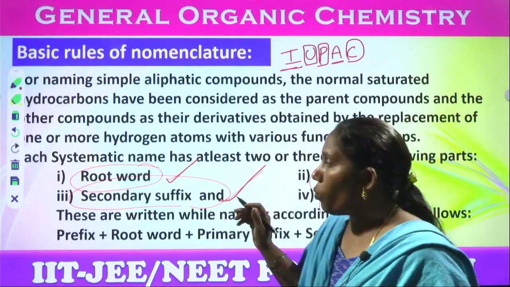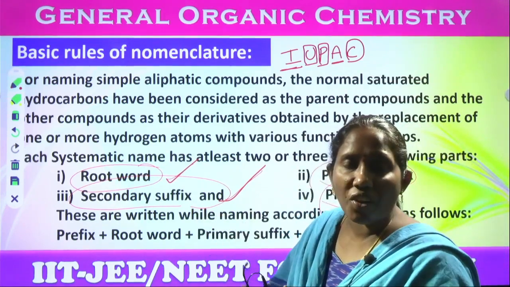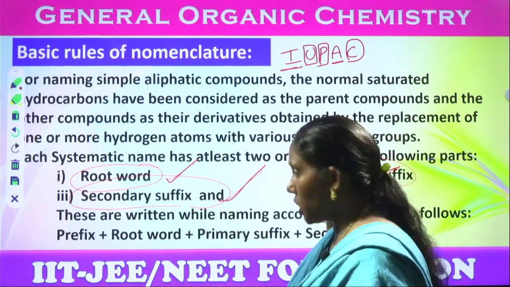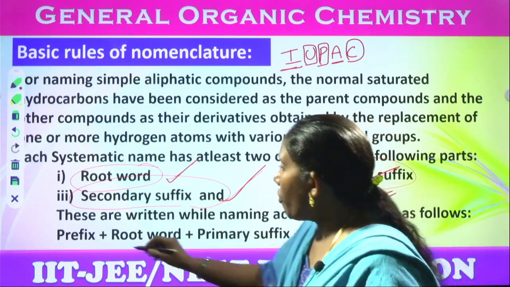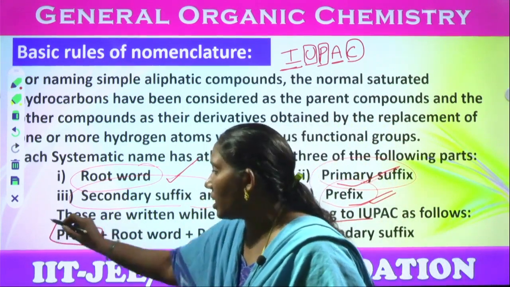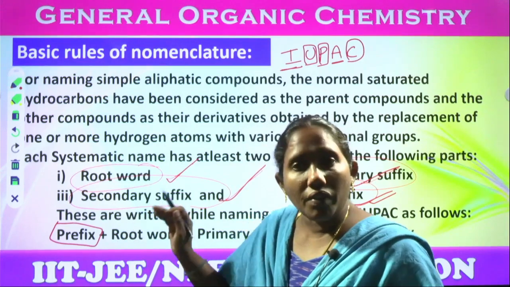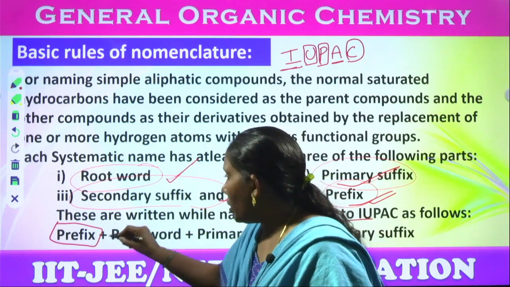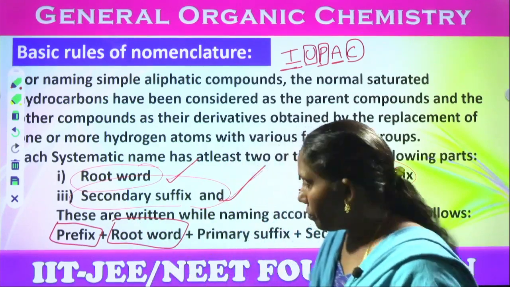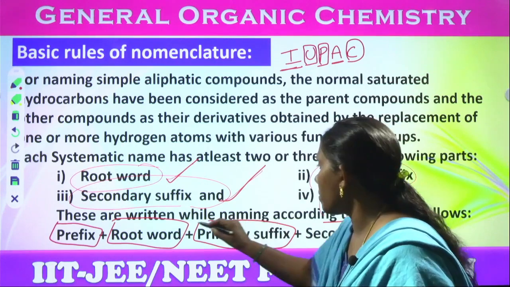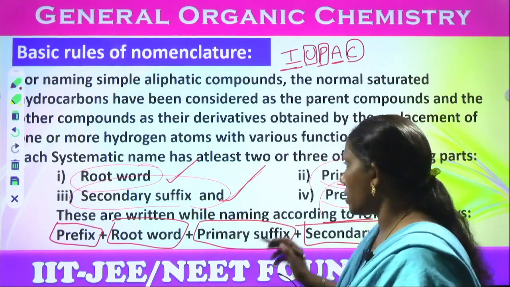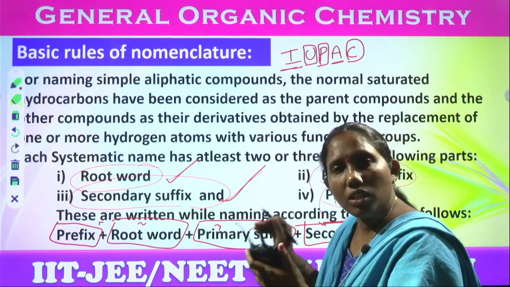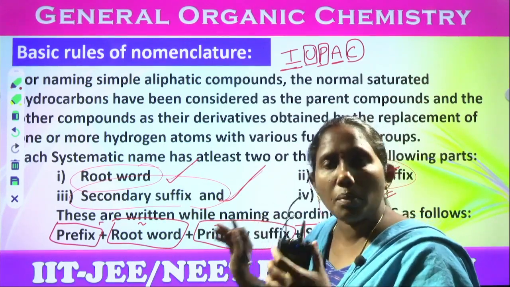Right? So what is that name? Systematic name. So first, what should come? First prefix or root word, which one should come out of these four? That is the order. First we have to write the prefix for the given compound. Always the name should be written like this only. First prefix should be there, next root word, next primary suffix, next secondary suffix. 1, 2, 3, 4. If you write these 4 for the given organic compound, that is a perfect IUPAC name